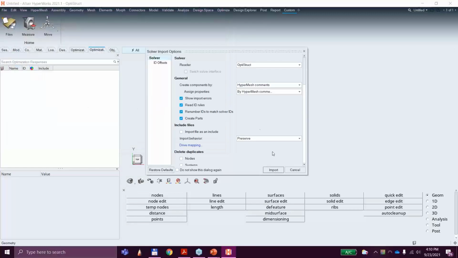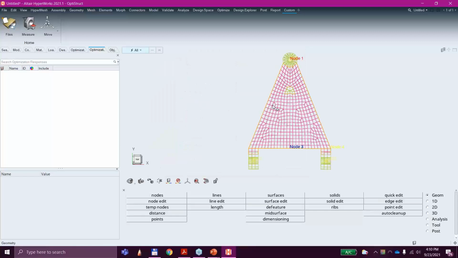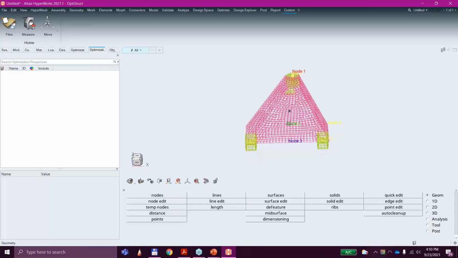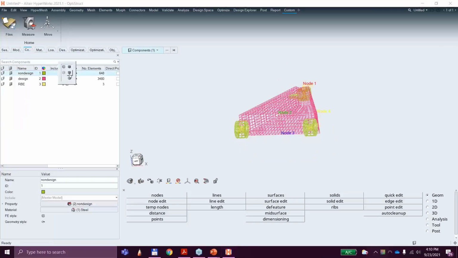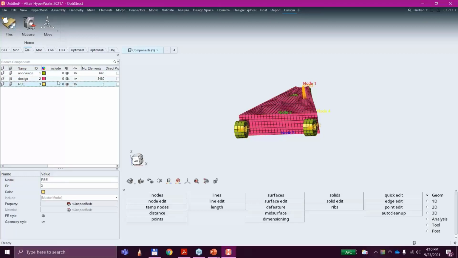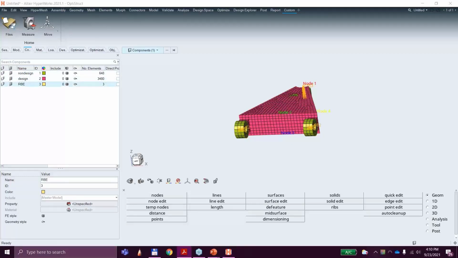This is the one that I want. Okay, so now let me come to my components here, and we're going to make that shaded, and let us now begin